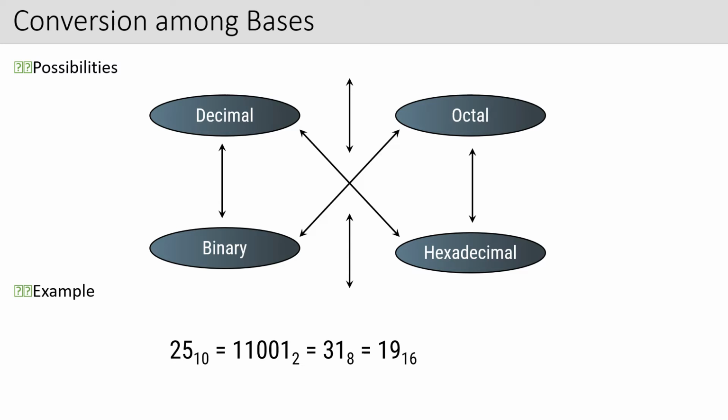Now, by the way, if I would have replaced this 16 by 10 and written 19 to the base 10, it means in that case, whatever number I am writing, I am expressing it in the decimal form because the base is 10. So always remember, whenever you go for conversion, you look for the base. If the base is 10, the number is representing a decimal number system. If the base is 8, it is representing the octal number system. If the base is 16, it is representing the hexadecimal system.